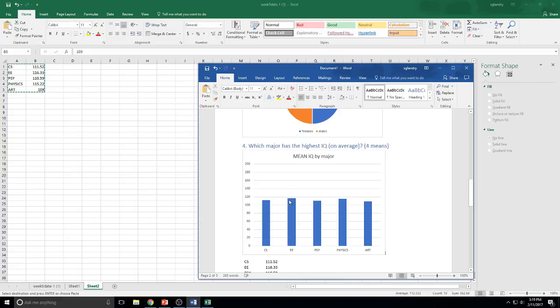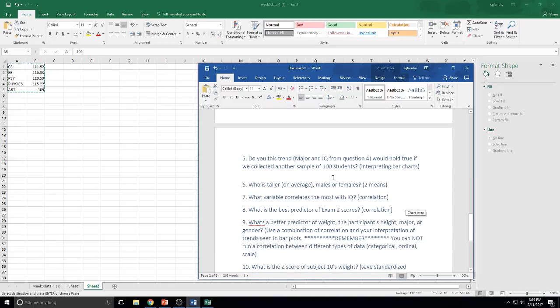No, all of these are pretty close together. I bet if we did this again, it's definitely possible that maybe CS was the highest or psychology was the highest. You know, I think this exact ranking of mean IQ by major just happened by chance. So I'm going to say, no, I don't think this trend would hold if we did the experiment